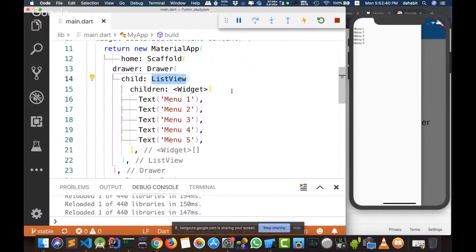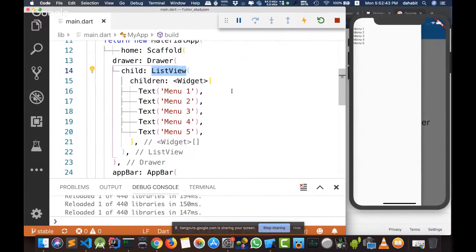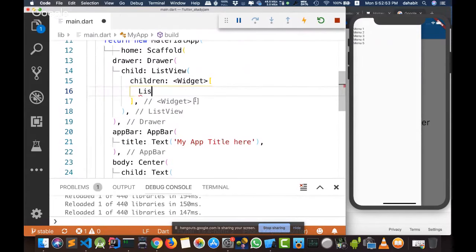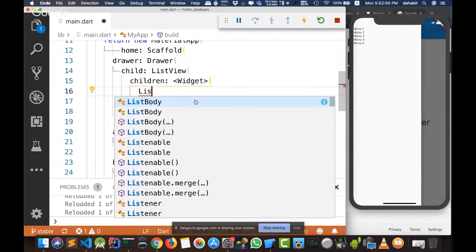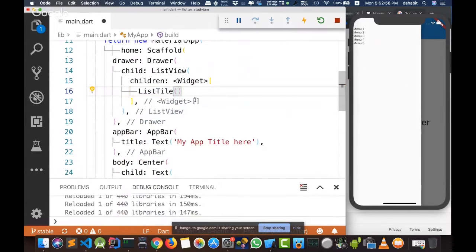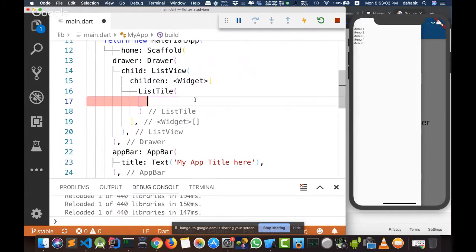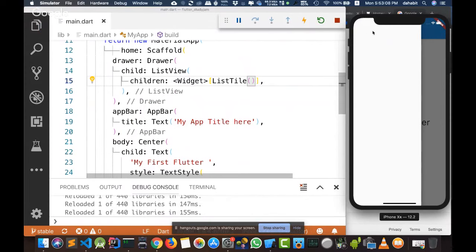And one of the important widgets that may be related to list view, and also you can use outside the list view widget, I'll cut this text, is called list tile. List tile is a widget that can hold some data for you and comes with pre-made properties. For example, here, if I'm using the text widget, there is no option to click on the text and go to another screen, or I have to implement everything from the beginning.